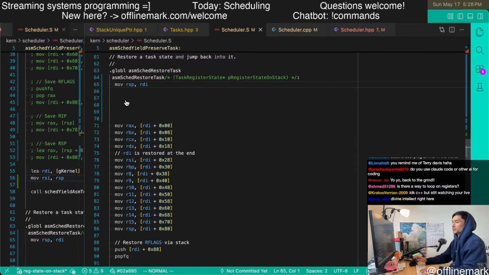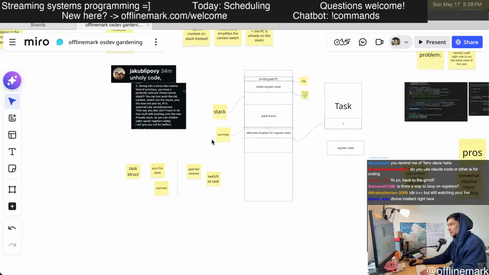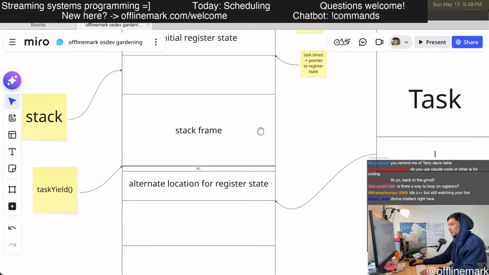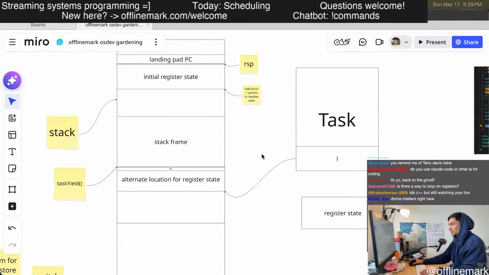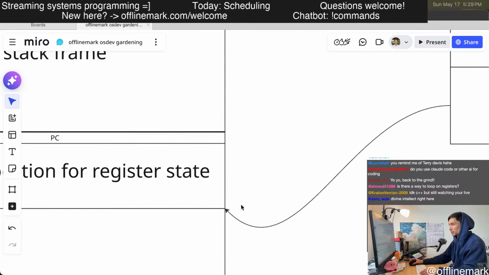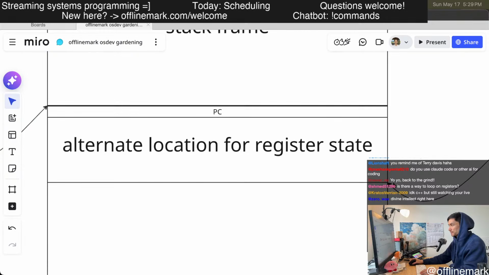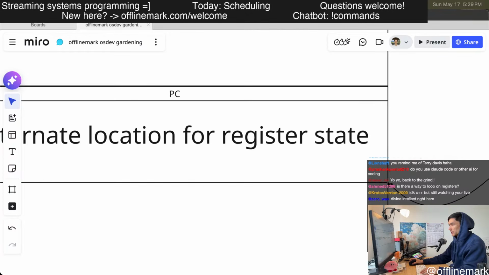So the first thing we're going to do is set the stack pointer to point right here at the very bottom of this thing.